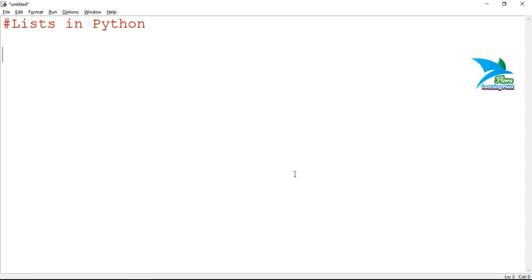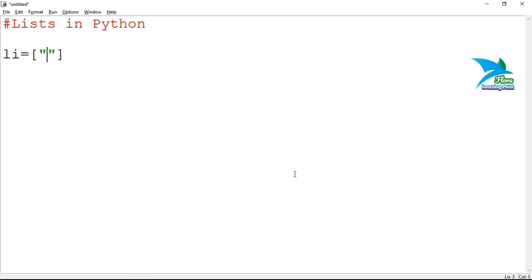So let's demonstrate how to create a list. First we'll follow the direct initialization of list by assigning elements into a list. So I will create a list like li is equal to, li is the name, you can assign any name to a list. Then square bracket start. Inside the square bracket you can assign different types of values. Even you can assign similar values belonging to the same data type, like all integers, all strings, or any other value.